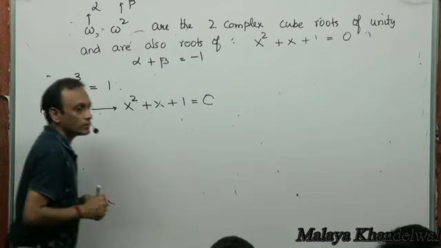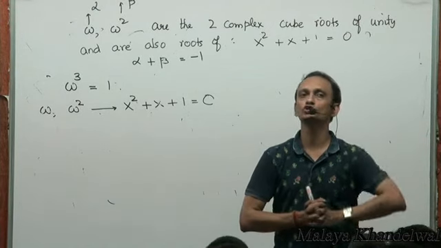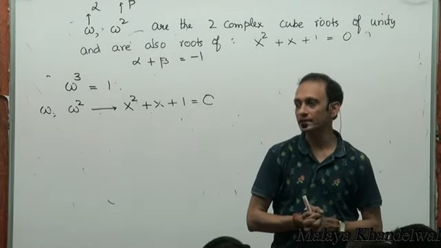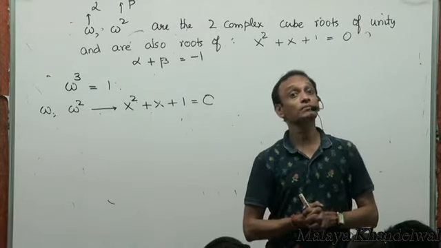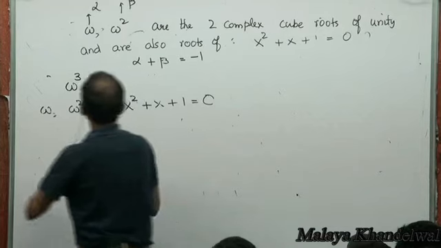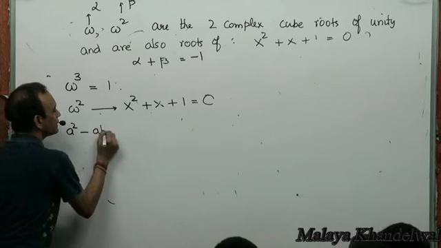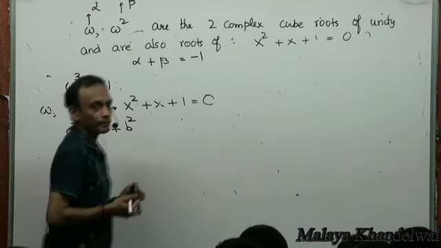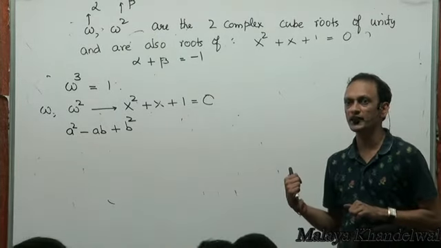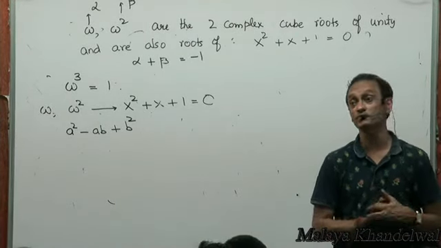Now, a couple of things which you were not able to factorize when you were in junior class, because you didn't have any inkling of complex numbers. Now in the complex number regime, you'll be able to factorize those things. For example, if I had a squared minus ab plus b squared, an expression of this kind. Going back, taking a step back into algebra.